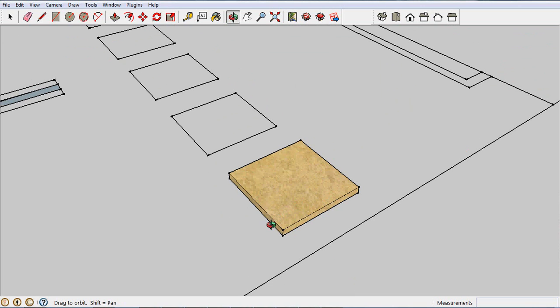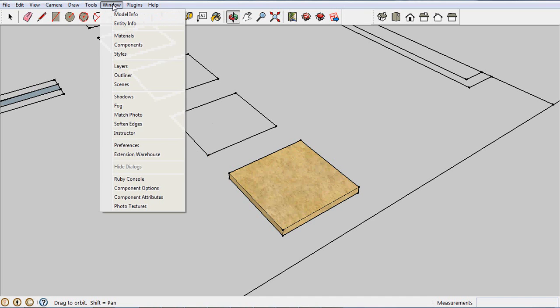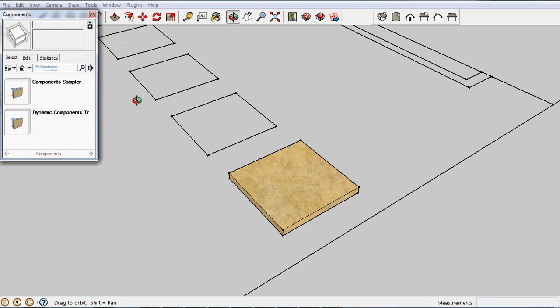just like we do in gCADPlus, into a block. That can be made into a block, or it's called a component here, and then we just copy it from one place to another. So there's a component window. Here we are, component. So we can create, drag one in from the 3D warehouse, or we can create one in the model